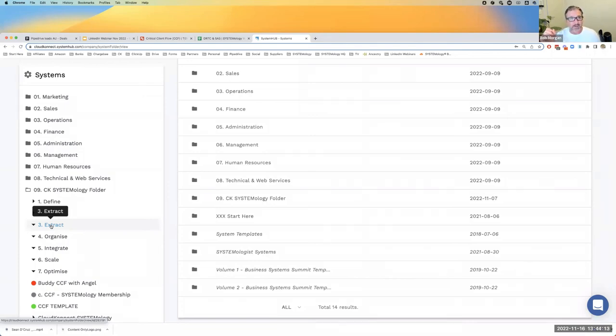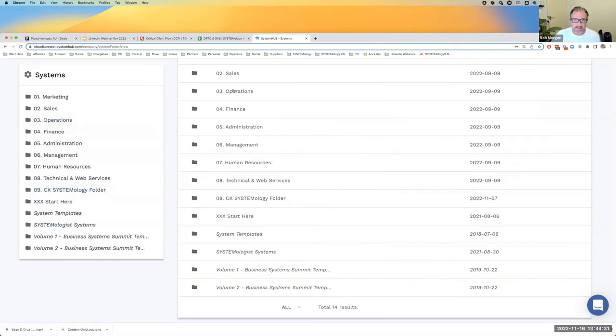I've had a client go through in a doctor's office and they recorded a pretend patient walking in and greeting the front desk. And they use that recording of this is how the front desk, this is how we greet clients. And they use that recording inside here, which is embedded inside the SystemHUB as well. Okay, so once you have the system in here,